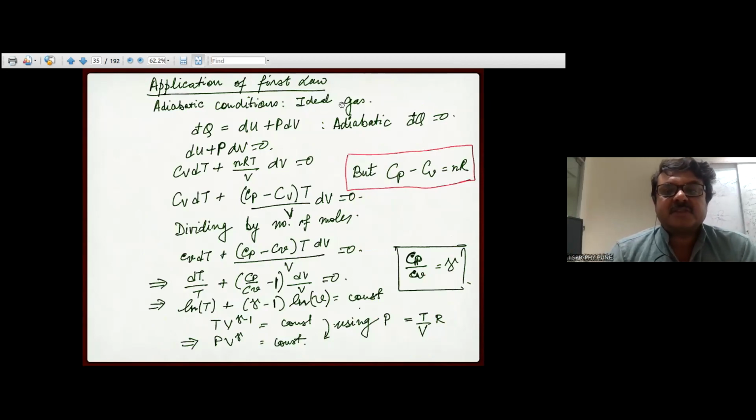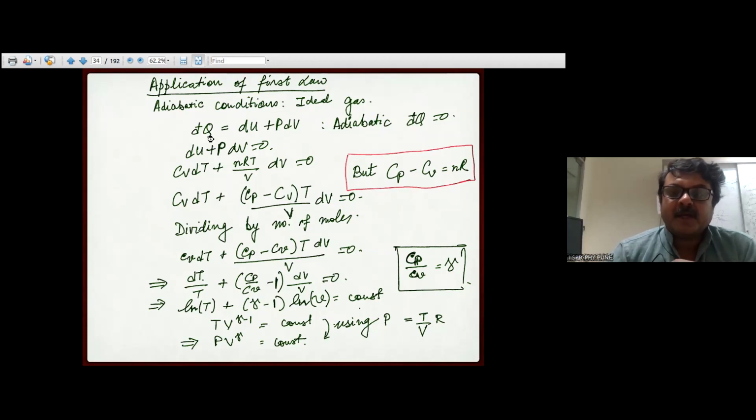So, application of the first law. Now we are doing adiabatic conditions, and we already have PV equal to nRT. But if you do some work and change the pressure and volume of a gas adiabatically, there will be some temperature change as well, right? So they won't all be independent. Can you figure out an extra relation? So what we do is, under adiabatic conditions,